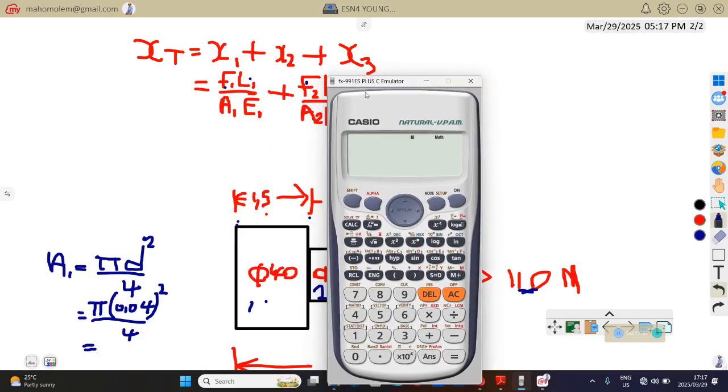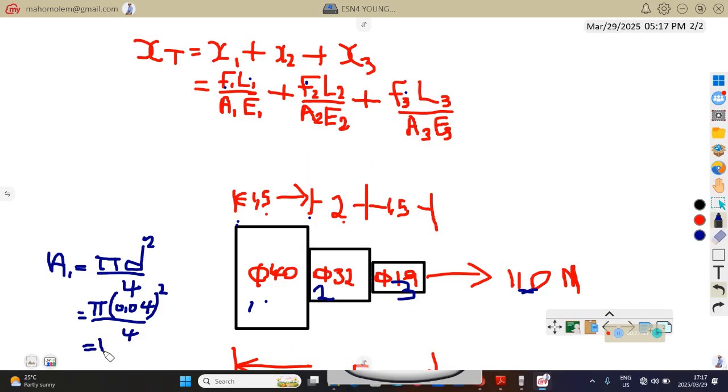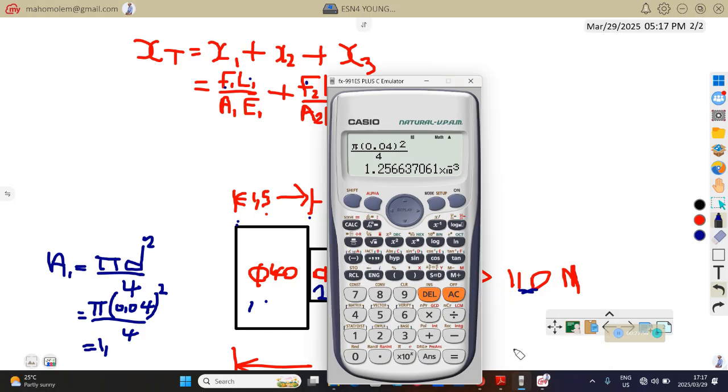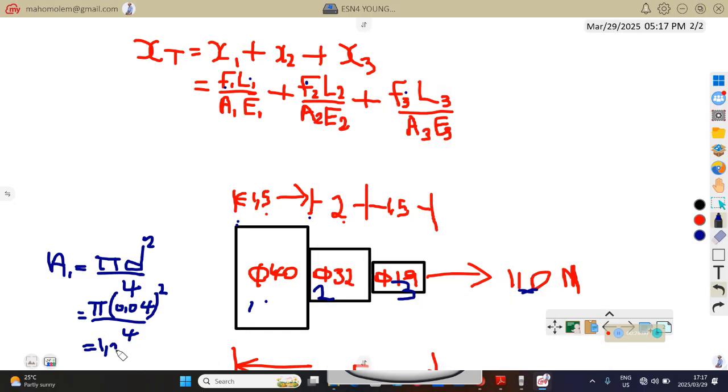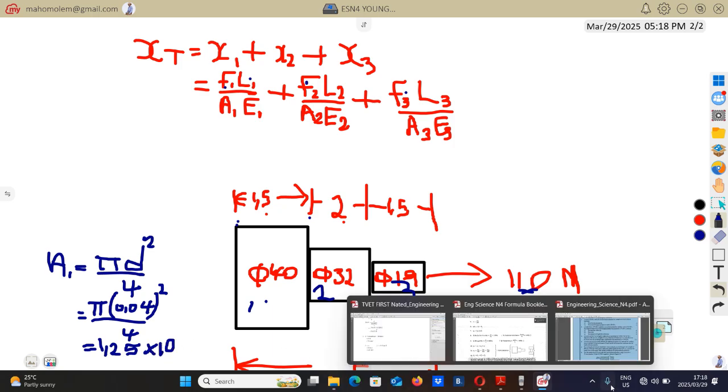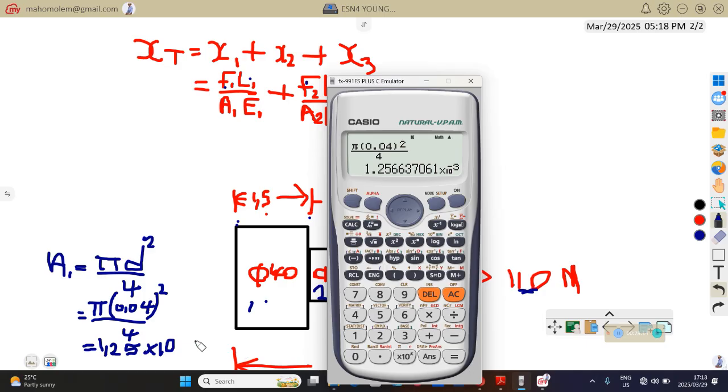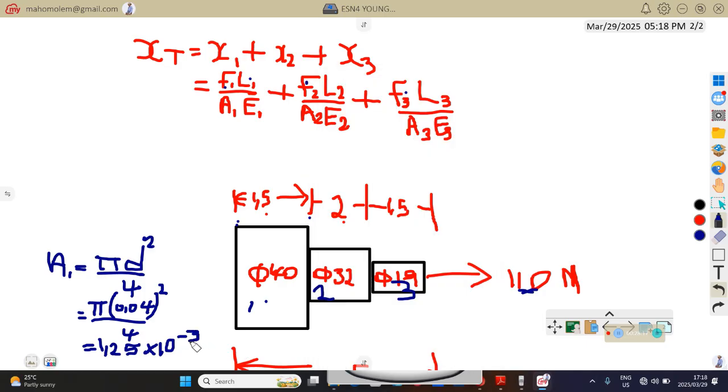Then you get area 1. Yeah, so this will be area 1,